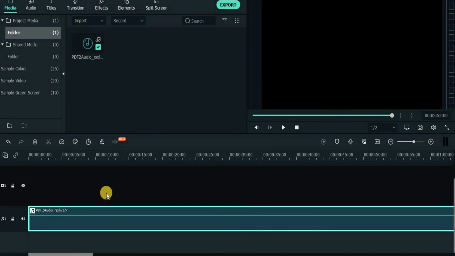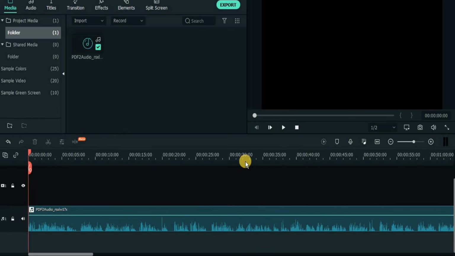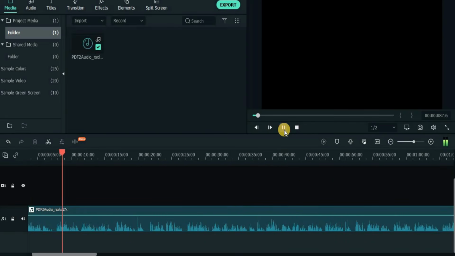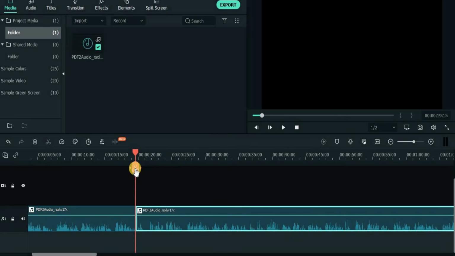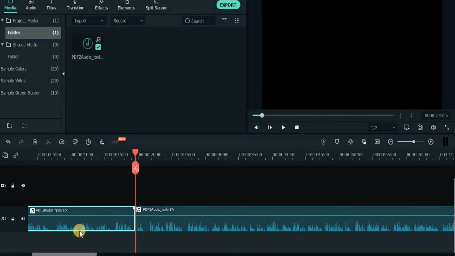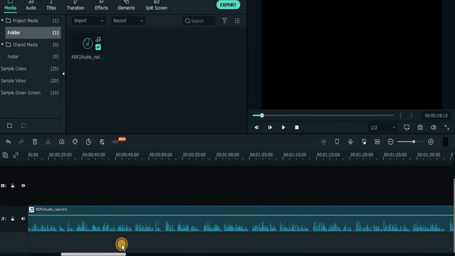So here you actually need to separate the dialogues of both the speakers. In order to do that, you have to play this audio file up till the part where the first speaker stopped talking. Diving into a major event affecting Southeast Asia. So right here, the dialogue for the first speaker is ending. So I'm going to place a cut right here, and this is going to be the dialogue for the first speaker. And similarly, we are going to split the dialogue for the second speaker as well.